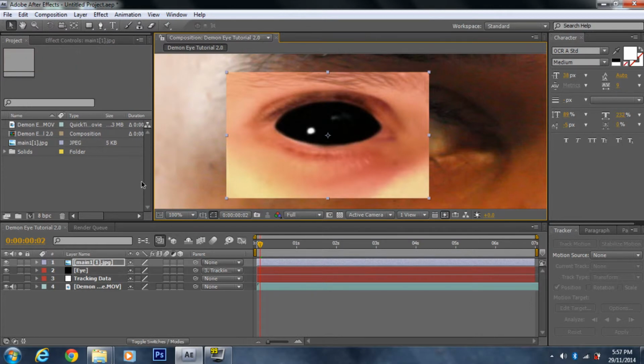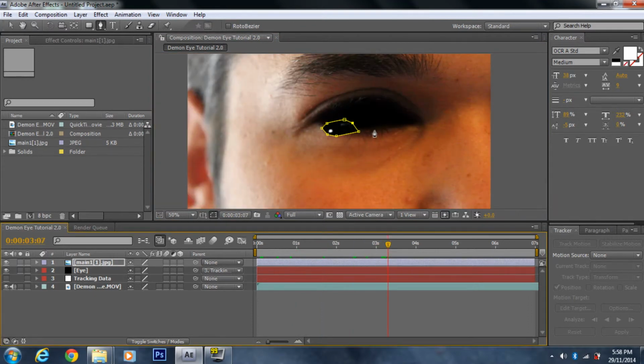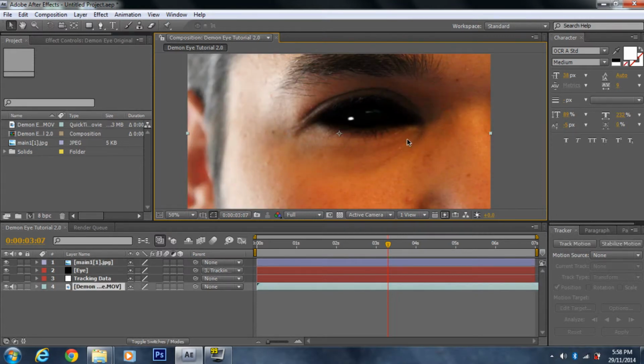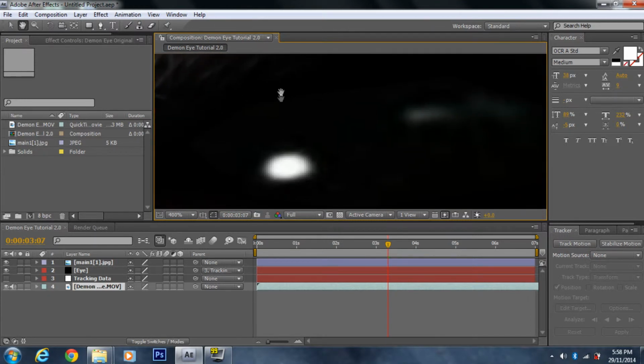And there it is. Gonna get the pen tool. Just mask out the reflection in the eye, like that. I'm gonna line it up to where I want it. Gonna be about there like that. That looks pretty cool. But if I zoom in, you should be able to see there's two different colors of